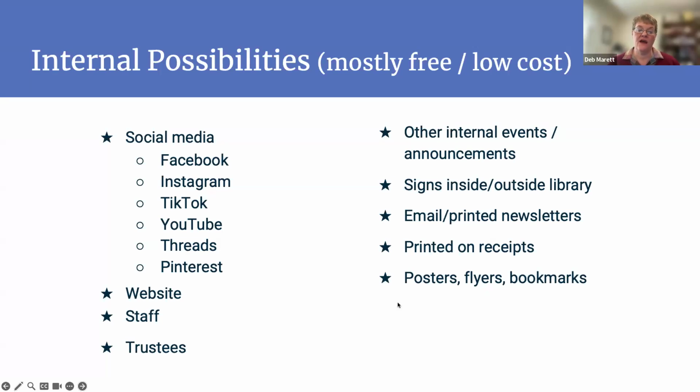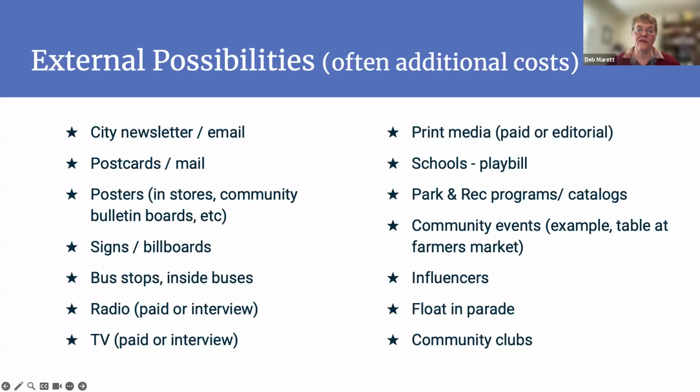So write down everything. I would keep this internal list as a separate list of things that you could get through referrals or connections, and that generally would not cost you much, if anything at all. And then you're going to move on to external possibilities. These are probably going to come with a cost, whether that's large or small. And again, it doesn't have to be huge, but you're talking about perhaps printing things, sending out postcards where you might have printing and postage costs,